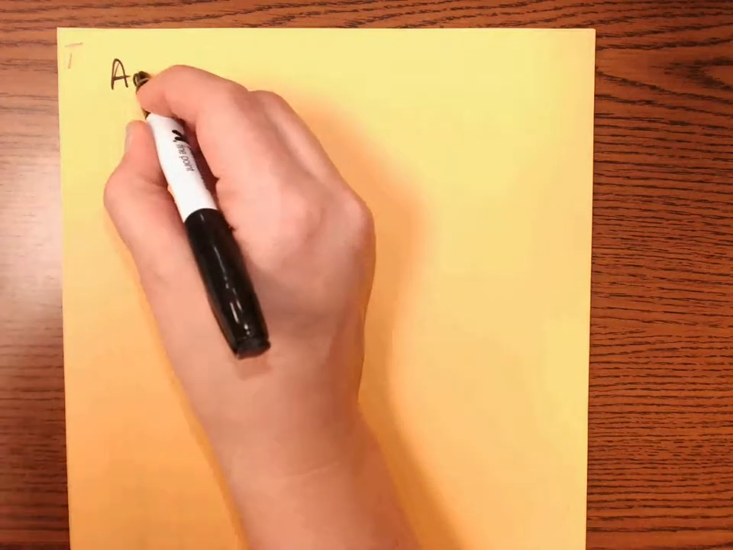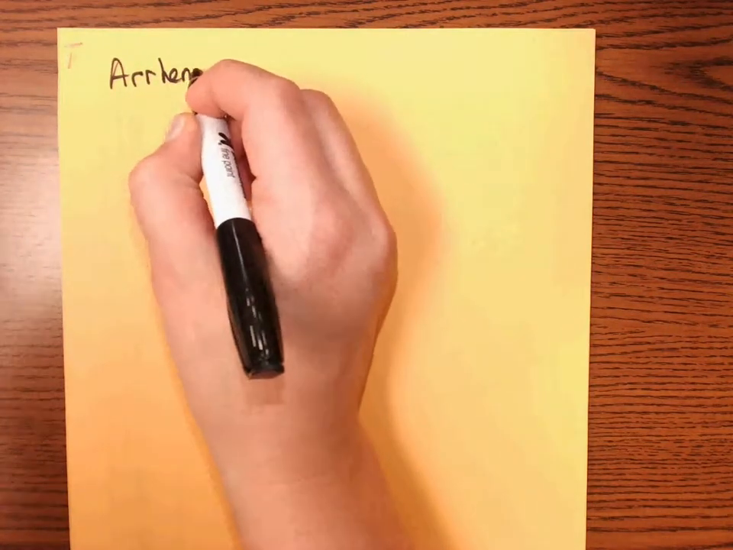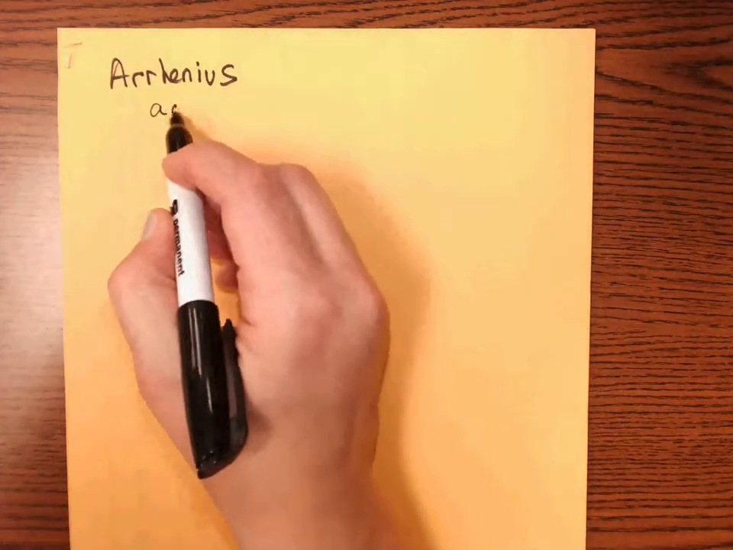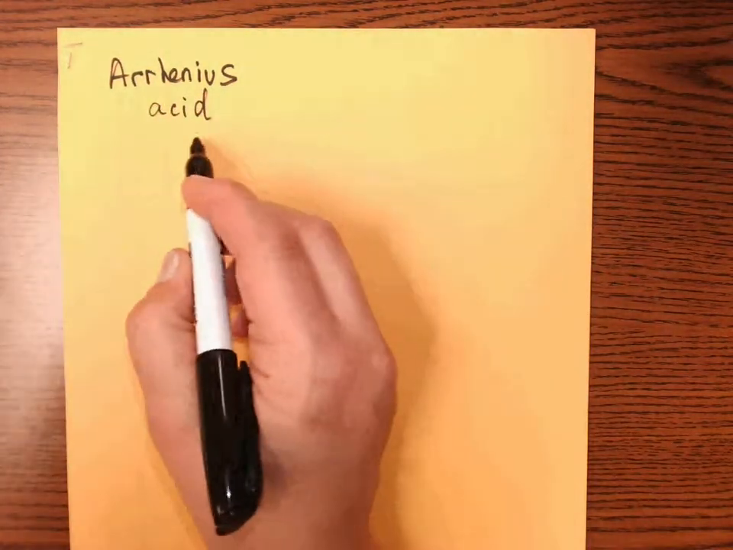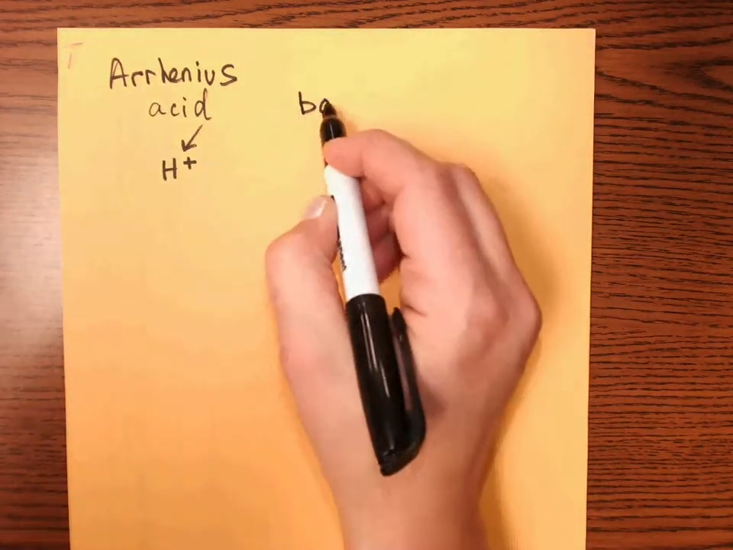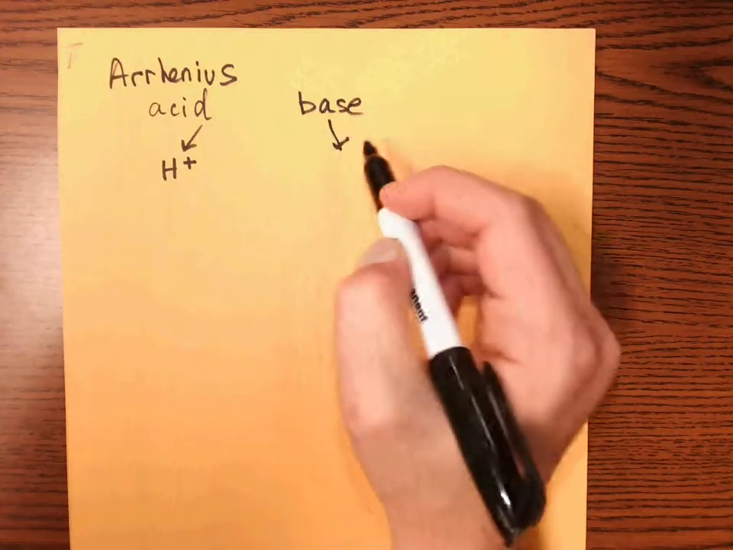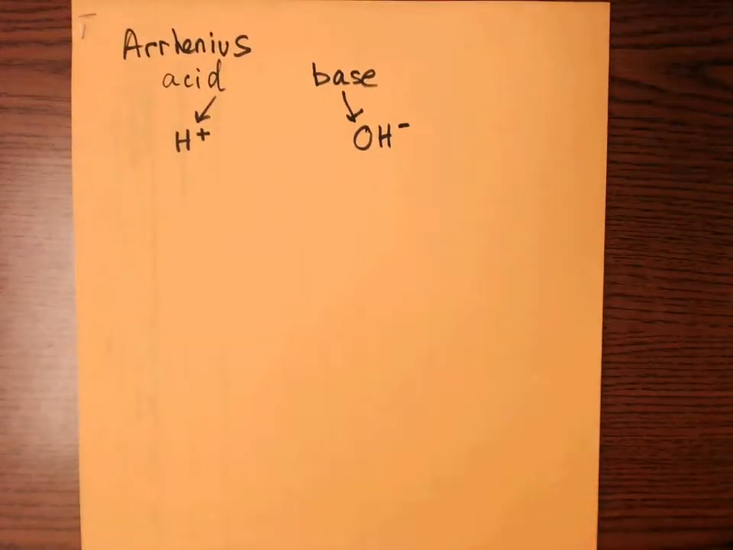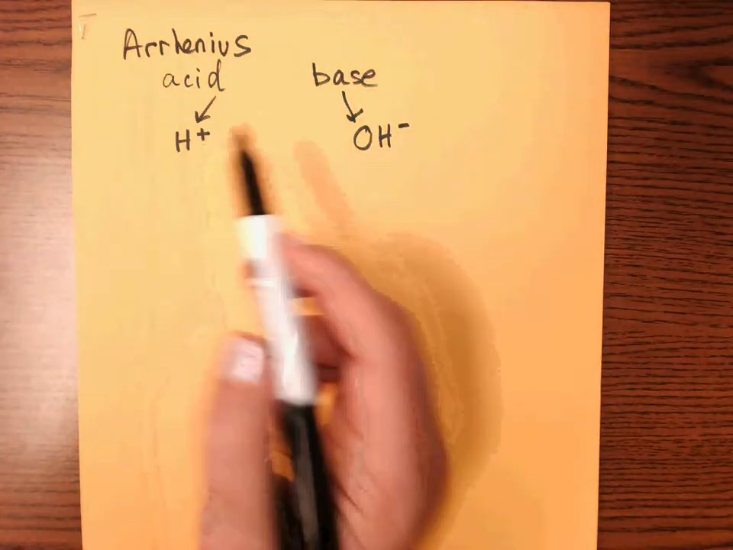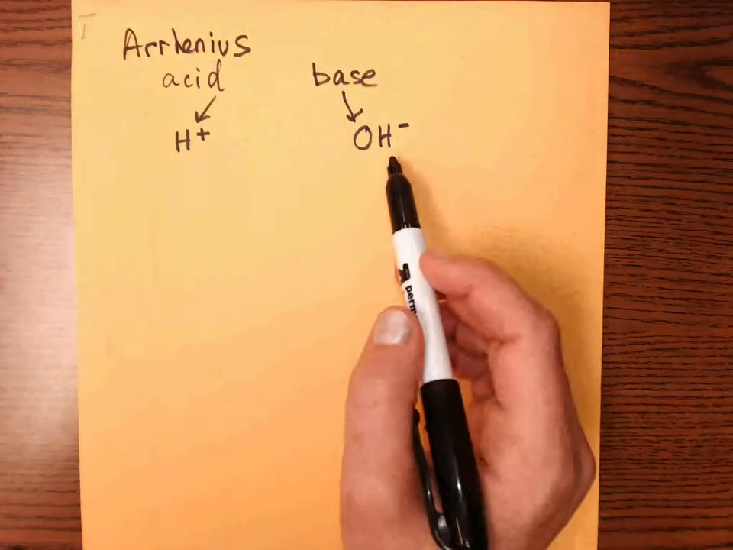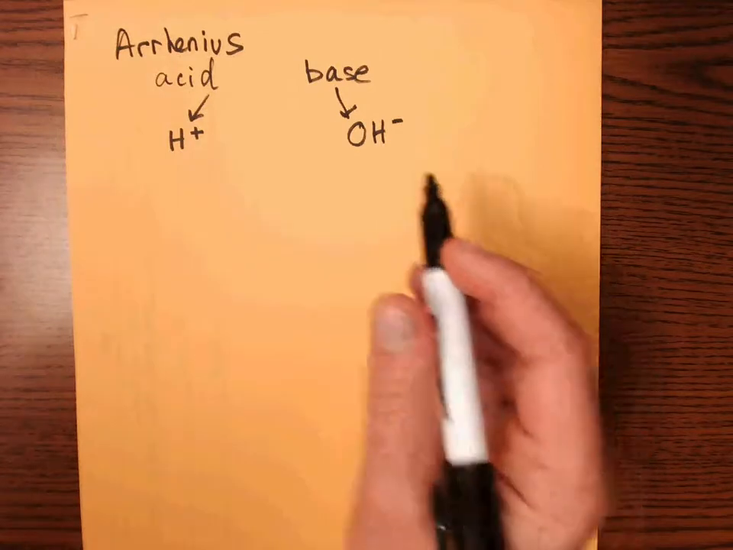So the Arrhenius acid definition and base. An Arrhenius acid was something that ionized to produce hydrogen ions in solution. And an Arrhenius base was something that ionized to produce hydroxide ions in solution. So how do you classify something as an Arrhenius acid or base? You just simply look and see if you have a hydrogen that could be removed from solution, or see if you have a hydroxide. For example,